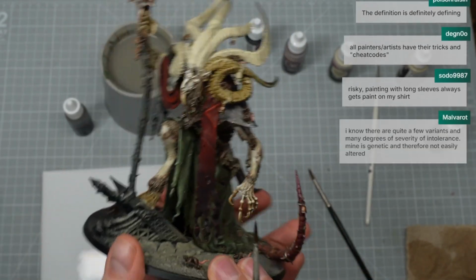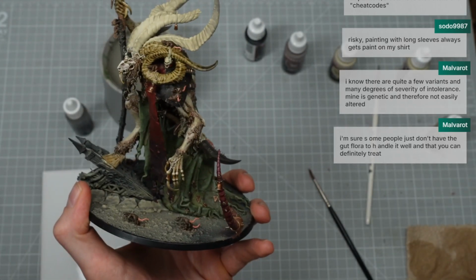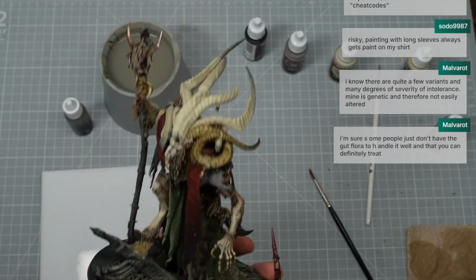Look at that. Look at that horn. Doesn't that look way cooler? It's gonna take a while before it's dry, but...